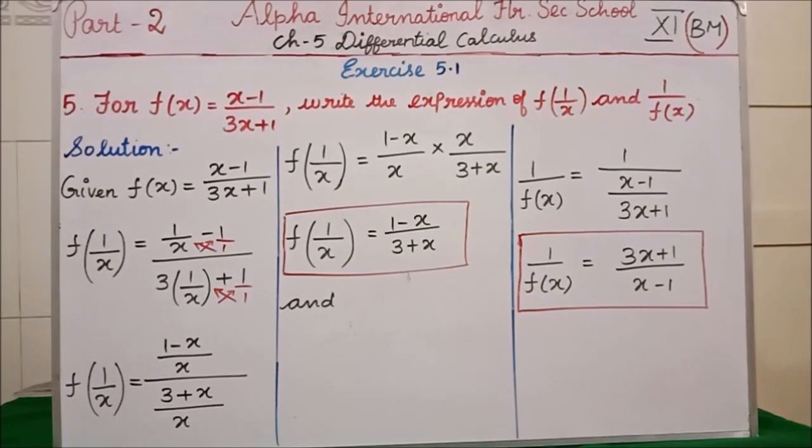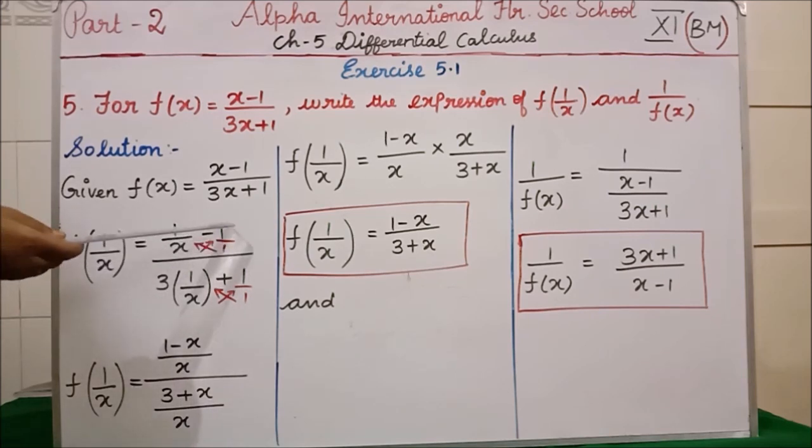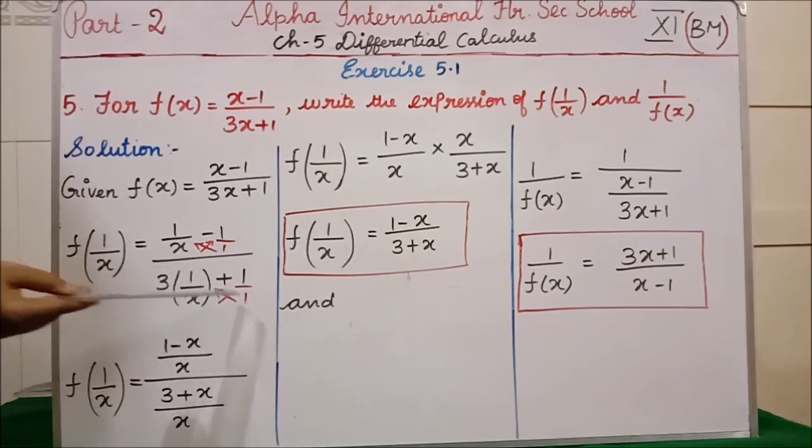After writing denominator part 1, what do we have to do? We have to do cross multiplication. See, 1 into 1 is 1, x into 1 is x, divided by x into 1 is x. Clear? Divided by 3 ones are 3. So we consider the 3 by x. So, 1 into 3 is 3, x into 1 is x, divided by x into 1 is x. Clear students, how we are doing the cross multiplication? Clear all of you?